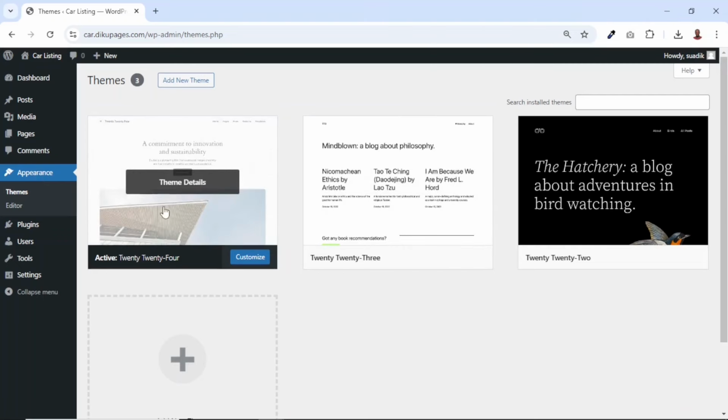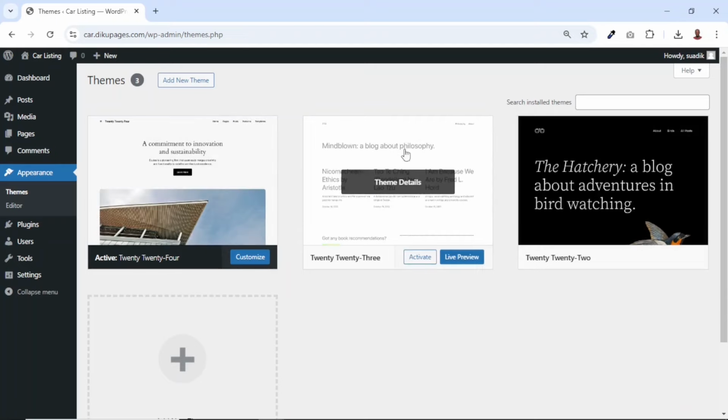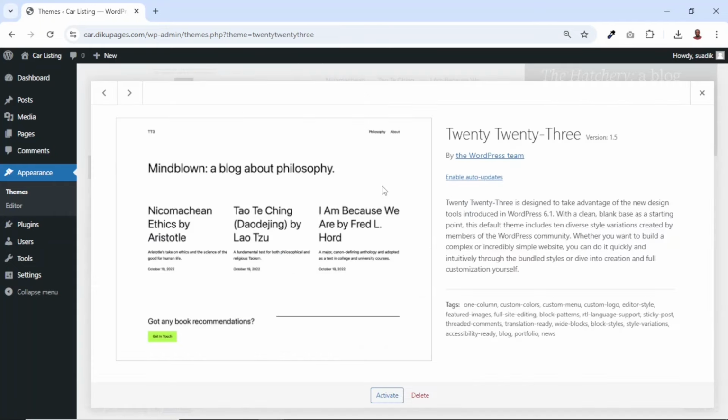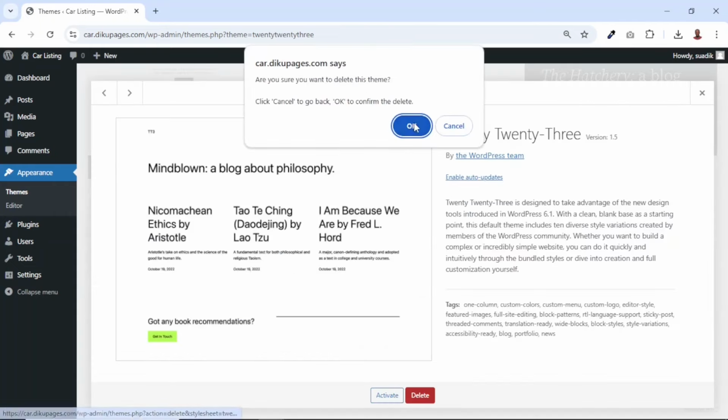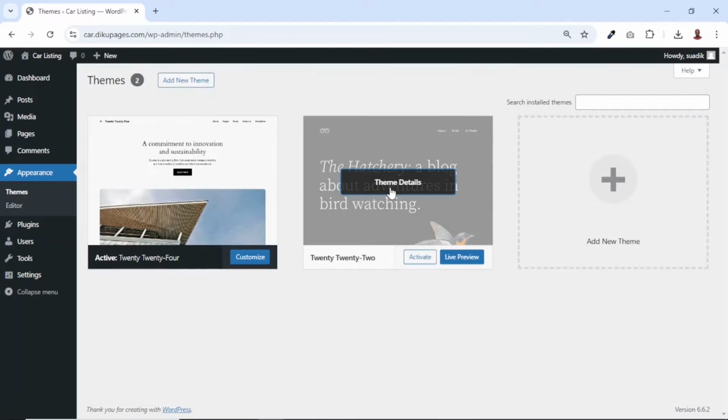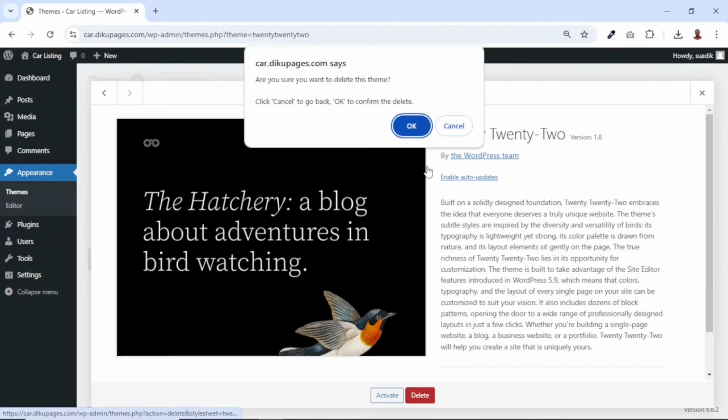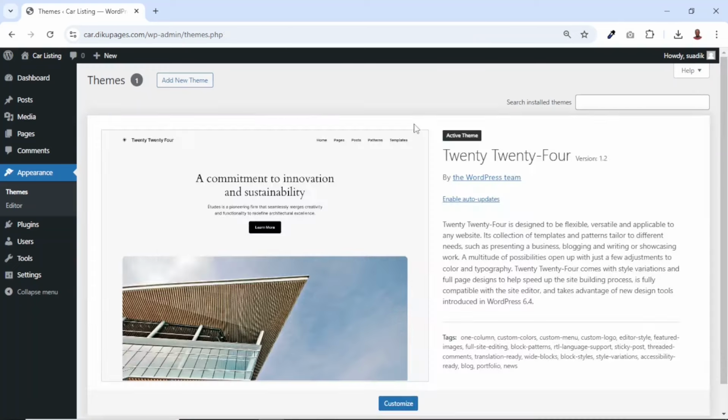At the moment, this is the active theme. For this reason, we don't need any of the two themes we have here. So I'll just go ahead and delete them by going to theme details, delete, apply. Theme details, delete, apply. Unfortunately, we cannot delete this theme because we need an existing theme to work with. And I'll be showing you how we take it off after we have installed the theme we want to use